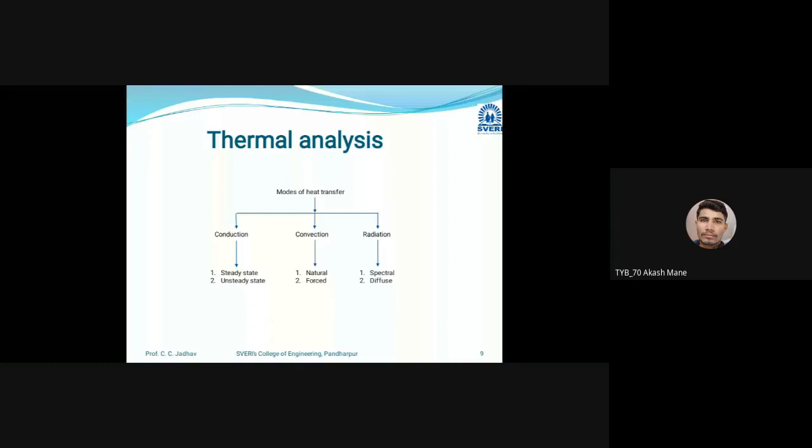Okay. So for practical applications of thermal analysis, we use this type of analysis in four-wheeler engines, two-wheeler engines, radiators, exhaust systems, heat exchangers, power plants, and satellite design. Like this, there are n number of applications for this thermal analysis. The commonly used software for thermal analysis are ANSYS, Abaqus, NASTRAN, and NX. By using these different software, we can easily carry out thermal analysis for a particular given application.